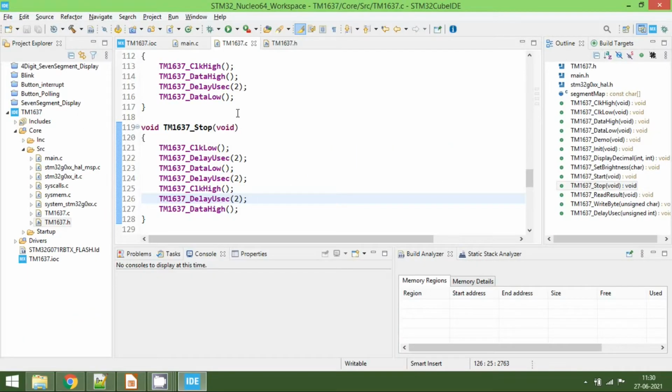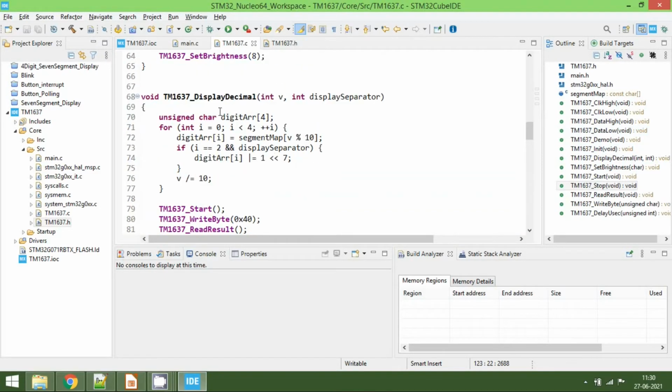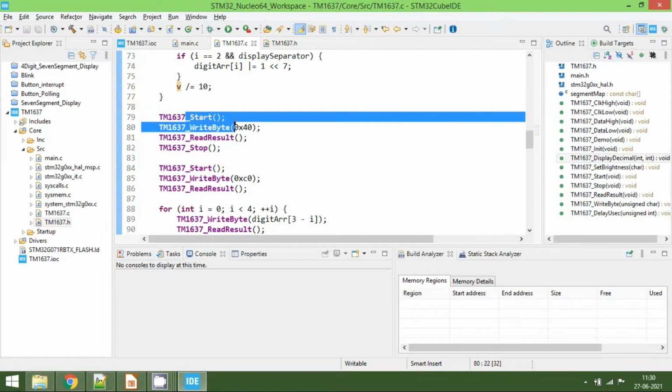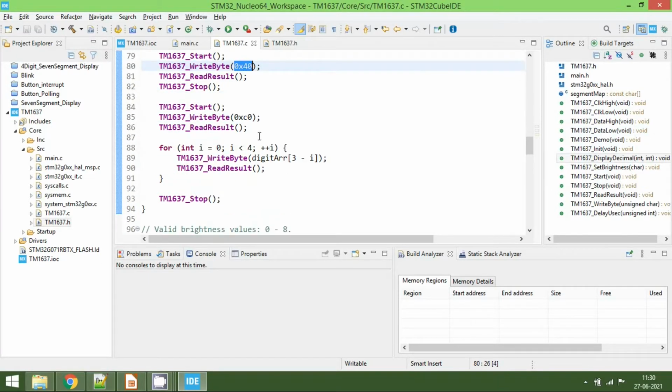So the implementation of 4 packets can be seen in the library. So go to CubeIDE, and here you can find a function called display decimal. Here we are going to take the number and the display separator, and there we start the command, and then we send the 40, and then we read the result here, and then we stop. Similarly we'll do for the address.